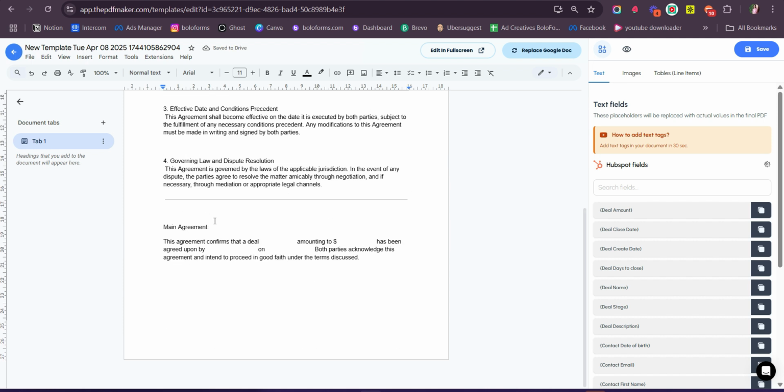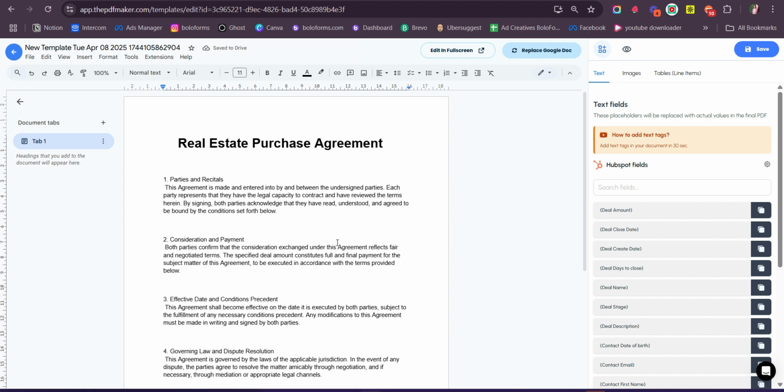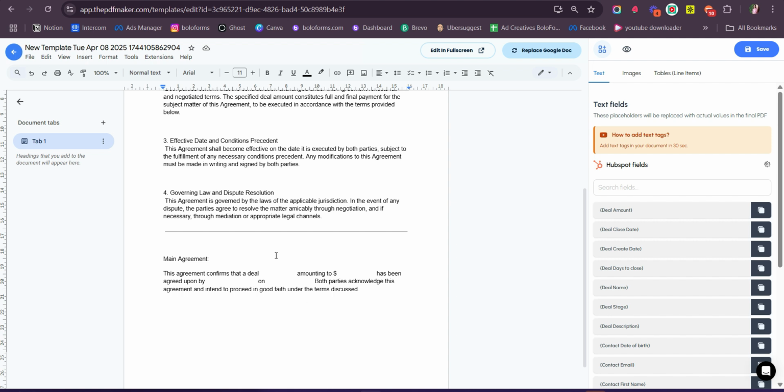So right now I have created the document that I want with all the relevant content. So here I can add the placeholders in these blank spaces so that these data will be automatically populated from the HubSpot data. Towards the right hand side, you will be able to see the placeholder section. Here we have text, images and table placeholders, and the HubSpot fields are already displayed over here. You can just copy the relevant field that you want and just paste wherever you want it to be placed.